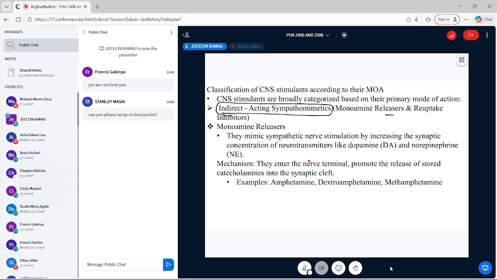Glycine receptor antagonists, you've already mentioned that. Glycine receptor antagonists block the postsynaptic inhibitory response to glycine. GABA receptor blockers, we have also mentioned that these drugs inhibit the inhibitory neurotransmitter GABA, resulting in neuronal excitation: pentylenetetrazole. So those are some of the other classifications according to the mode of action